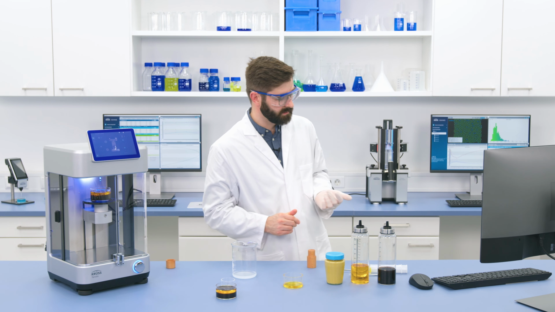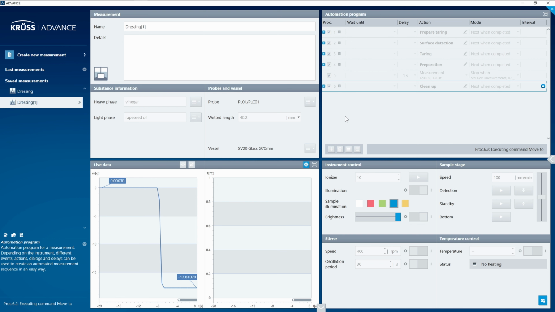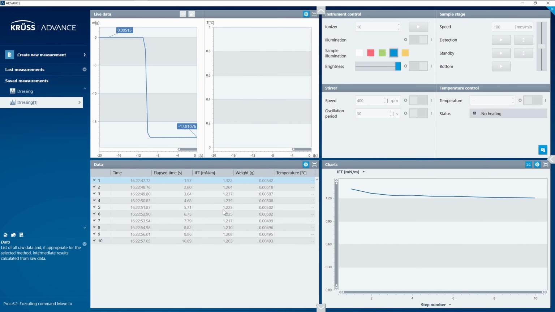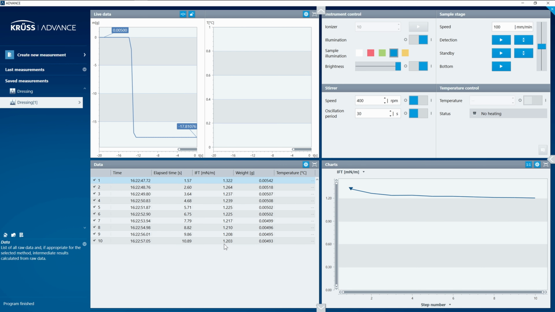So if we go back over to Advance, so if I move down through the software, again, we have our measurements like before. It's taken several results. That means we have a bit of a dynamic effect. So the interfacial tension is slowly dropping during the measurement. We expect this to happen when we have a surfactant present, because it takes a bit of time for those surfactants to reach that interface. So the interfacial tension will have some kind of time dependency. But again, the way I have my automation program programmed, Tensio will look for a stabilization in those values. So it's waiting till we reach some kind of equilibrium.